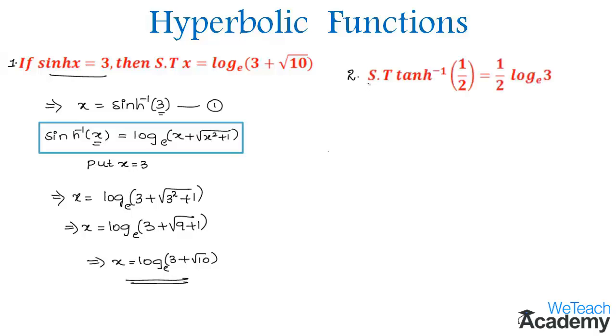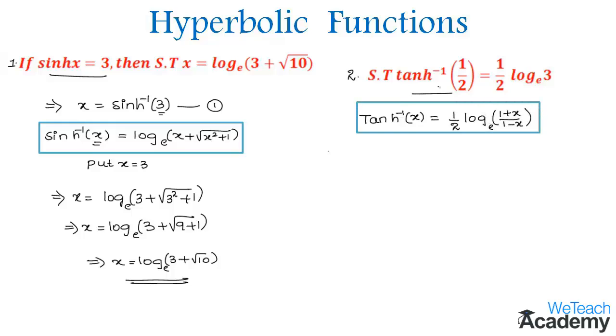So here we have to show the value of inverse hyperbolic tan 1 by 2 in terms of log. We already know the formula, which is inverse hyperbolic tan x is equal to 1 by 2 log of 1 plus x divided by 1 minus x to the base e. And here by observing both functions on the LHS side, we have x equal to 1 by 2. So by just putting x equal to 1 by 2 in the formula, we get inverse hyperbolic tan 1 by 2 is equal to 1 by 2 into log of 1 plus 1 by 2 divided by 1 minus 1 by 2 to the base e.